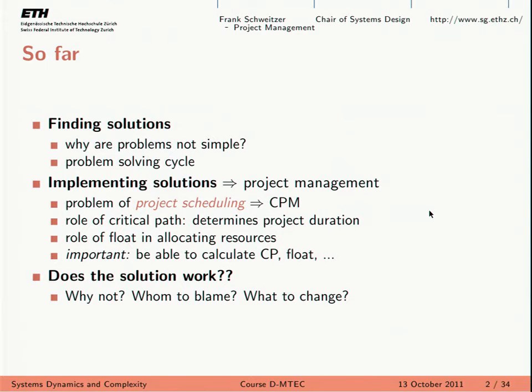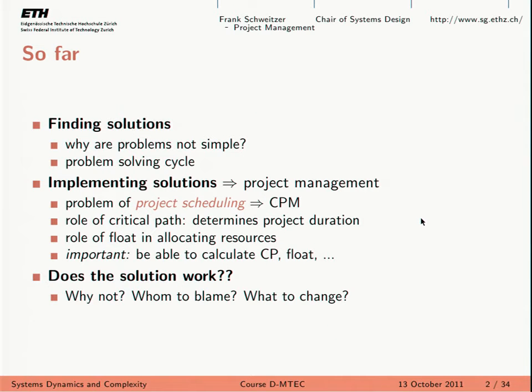We looked at how projects can be scheduled from a time perspective, so the critical path method. Today we're going to be talking about some deficiencies of the critical path method and how we can address them. Hopefully you know the critical path method is the thing which determines your project duration, and we can also deal, artificially, of course, with uncertainty in the critical path method by using buffers or floats.